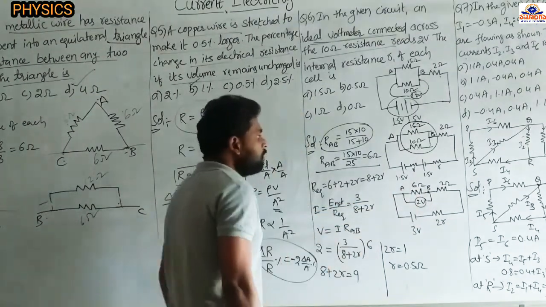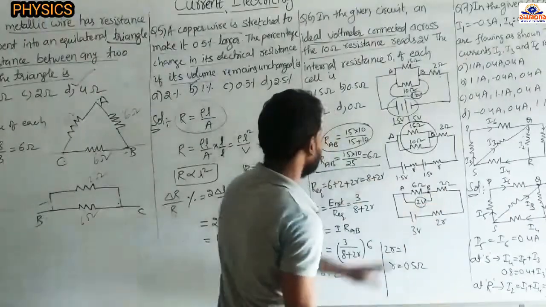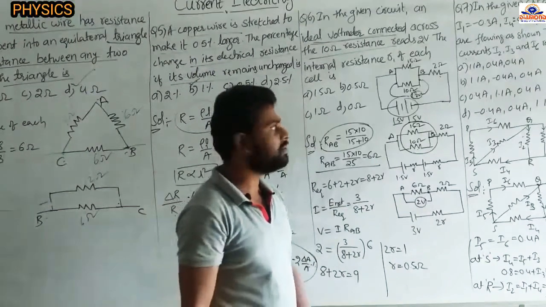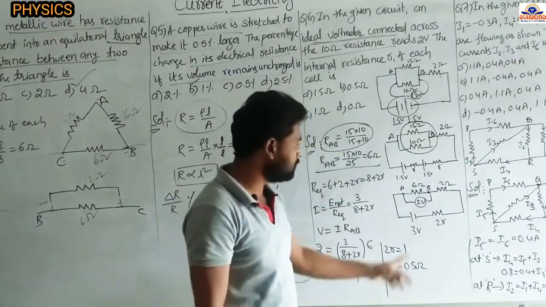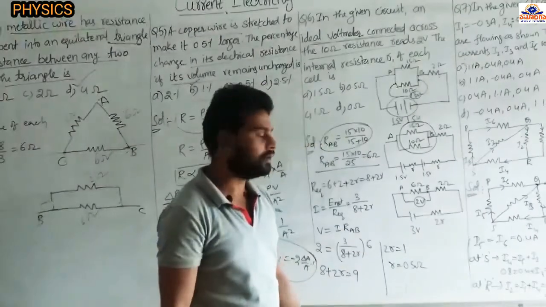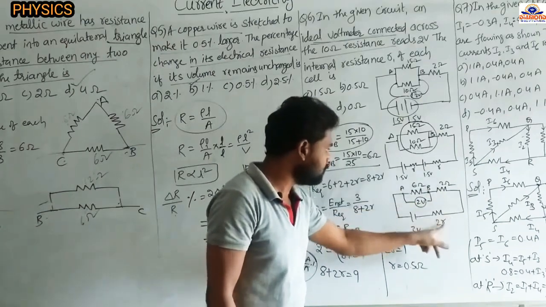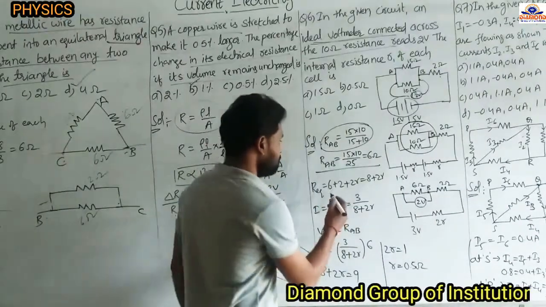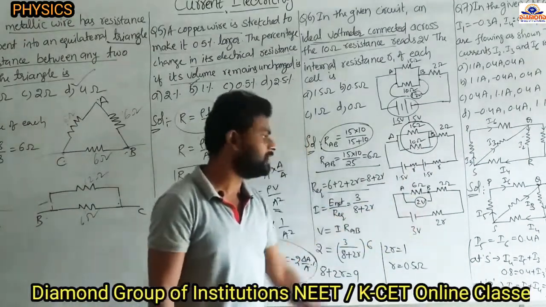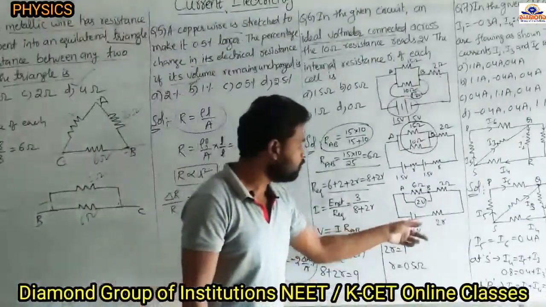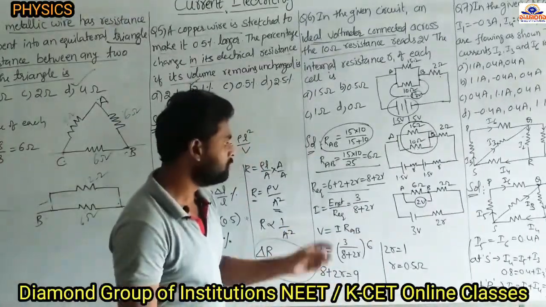Remember that one. Okay, next see, now we found out the equivalent resistance, this one completed. Now we have to find the total resistance of the circuit. What are they asking? Internal resistance we have to find. To find the internal resistance, we have to find the total resistance of the circuit. See now, 6 ohm is in series with the 2 ohm, these two are in series with the 2R. So total resistance is 6 plus 2 plus 2R, 8 plus 2R. The total resistance of the circuit is 8 plus 2R, and the total voltage is 3 volt. Okay na? So net voltage is equal to 3 volt.